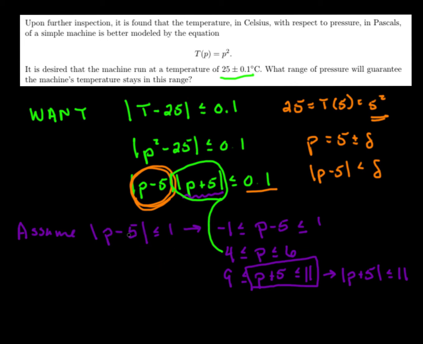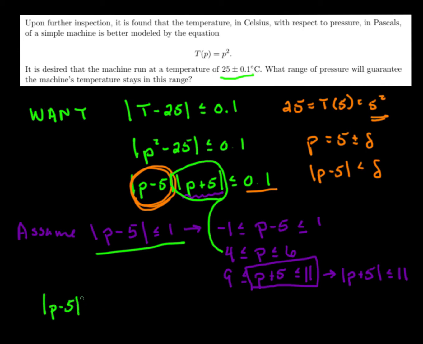But as long as my pressure is within that, then P plus 5 is less than 11. And so I can come back and revisit this. I know then that if P minus 5 is less than 1,